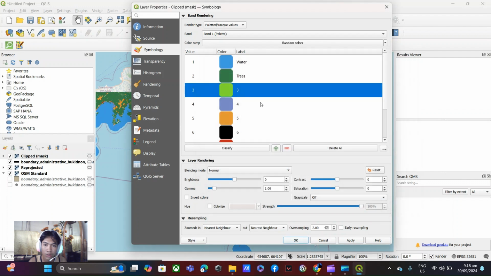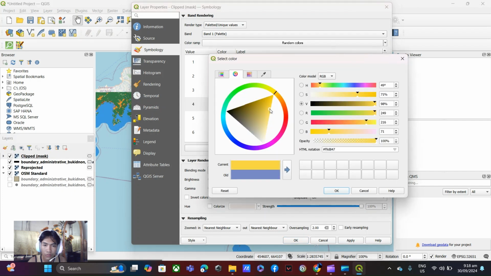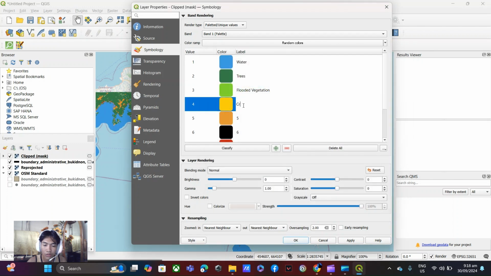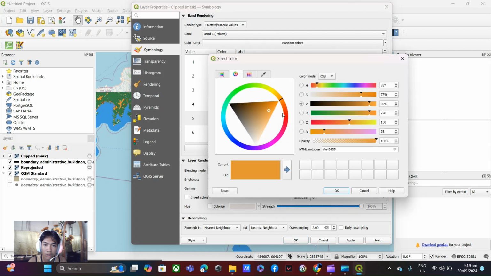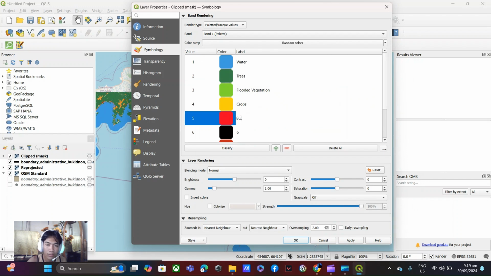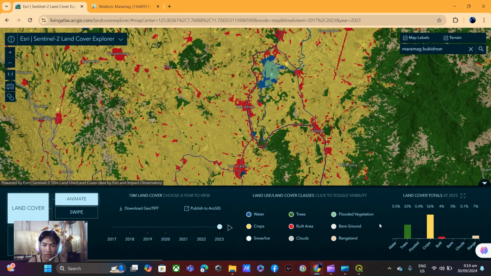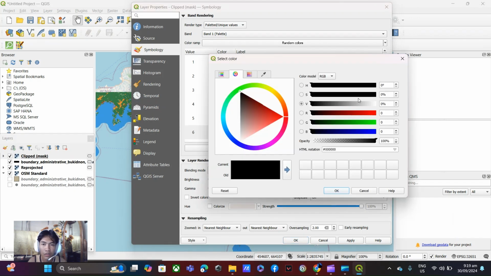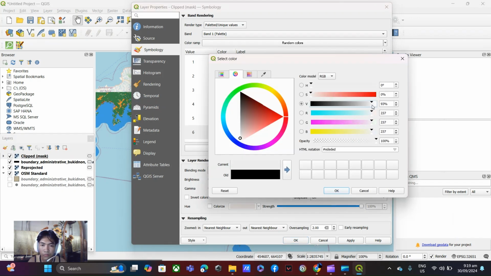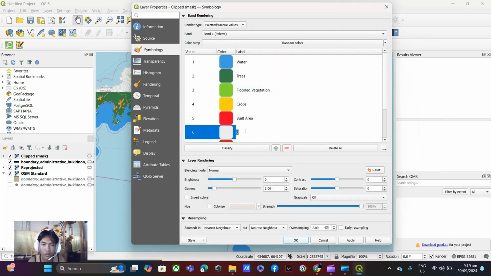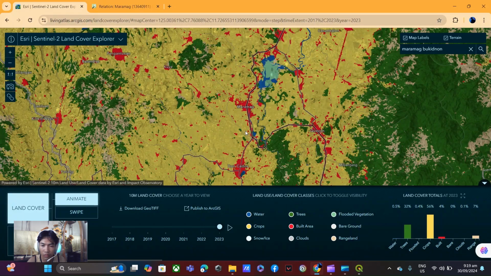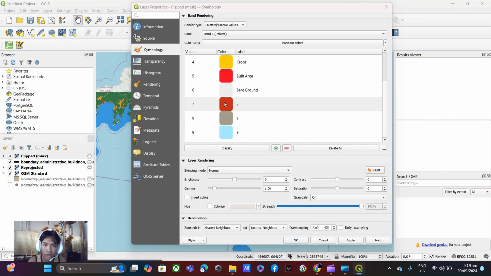like this one, and this one is our flooded vegetation, and the crops, and this one is the crops and built area. This one is our built area, and we have bare ground. So this is our bare ground, and then snow or ice is purely white,